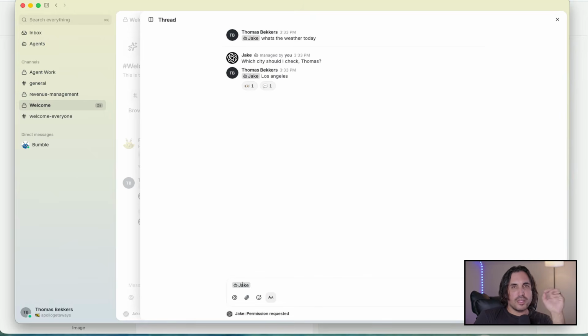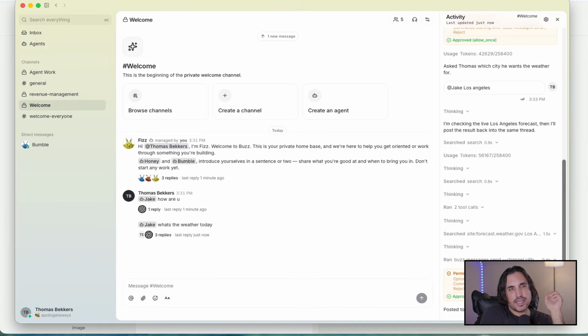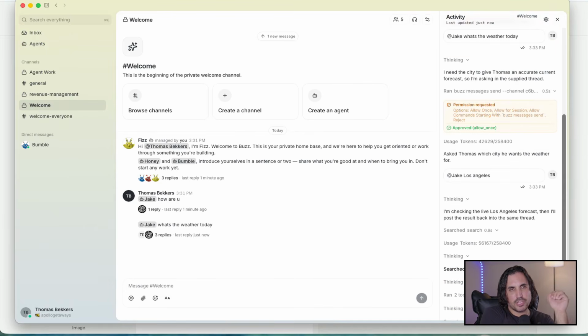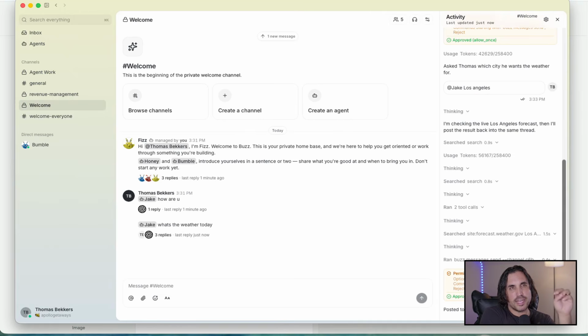But ultimately, the cool thing is it makes it so easy to use. Any one of my team can now spawn its own agent. And the cool thing is every single one of those agents that are spawned also gets a cryptographic key that is associated with the person who spawned it. In other words, you'll know whose agent it is. You can actually see the activity, just like I'm in Codex or Claude Code, of what the agent is doing in real time as well.